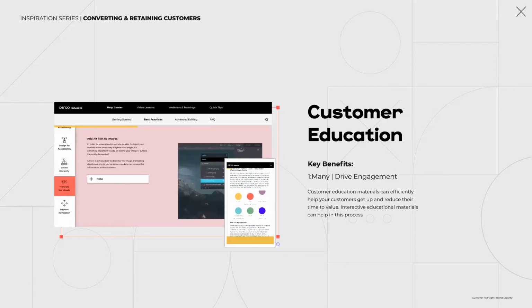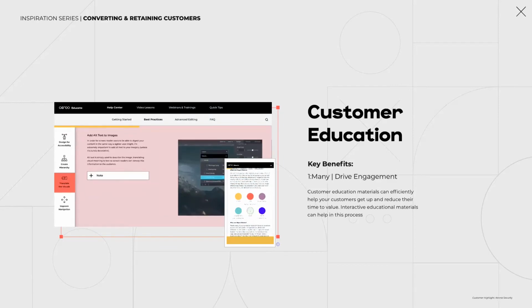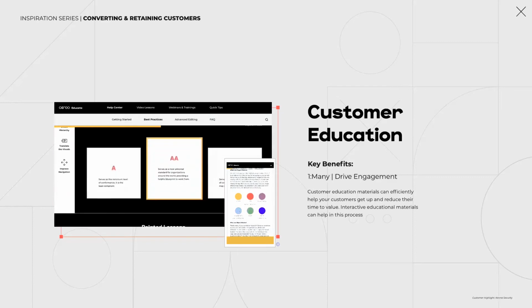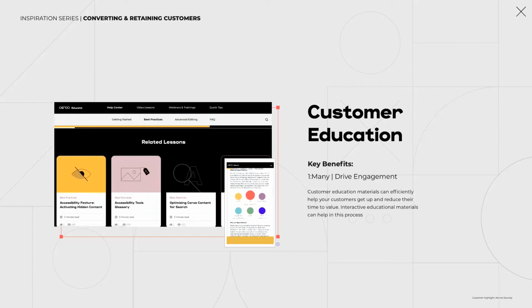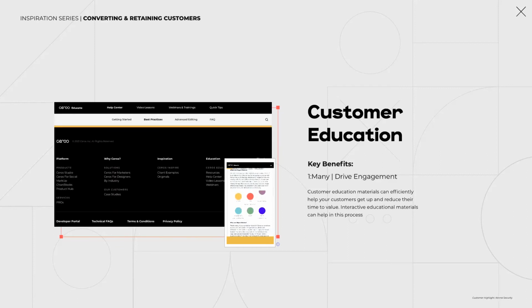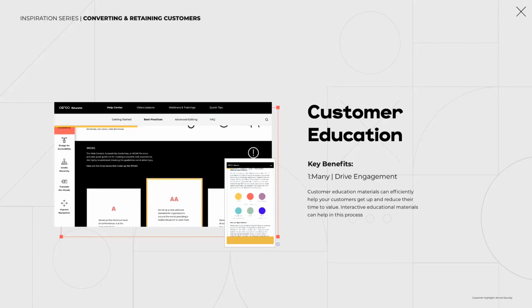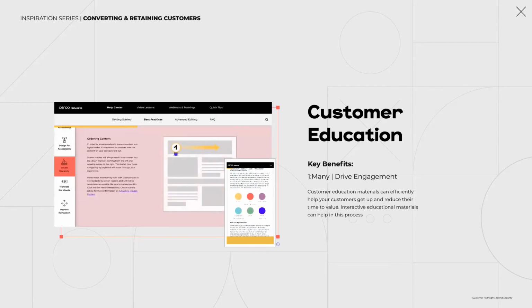So we've created things like interactive ebooks and guides that anyone can use to jump in and learn more about whatever they're interested in. The cool thing with this guide is it has a dynamic navigation section where you can just click through and really easily get to the section you're interested in learning more about. So we always create best practices guides and ebooks and things of that nature for customer education,